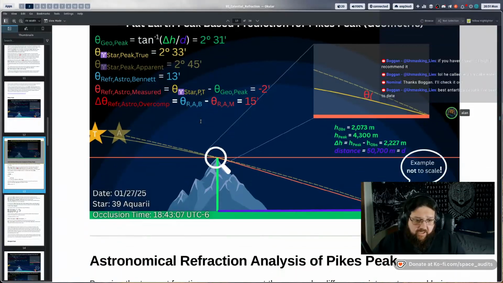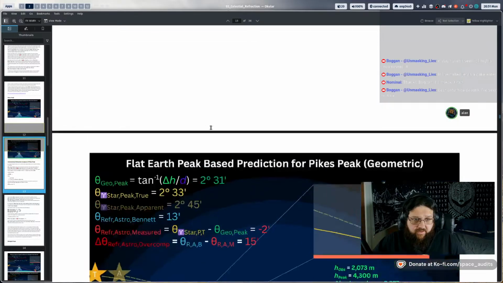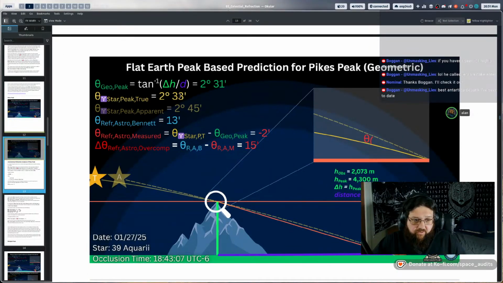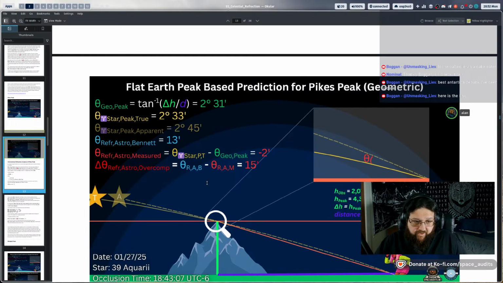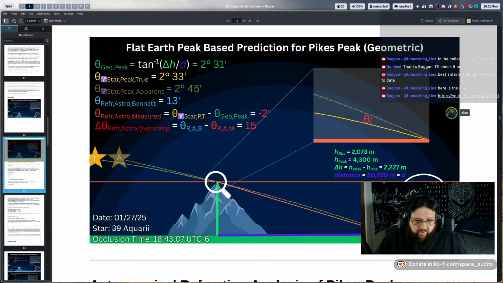So to go back to the PDF here, now that we know that the 233 occlusion timing is only 29 or only 30 meters different than our predicted time, it's safe to say that the occlusion timing happened with respect to the peak at 231 with 2 arc minutes of refraction, rather than for the observer where the true position of the star is at 206 and it's being lifted up by 12 arc minutes. Because if that position were tenable, this would create delays in the occlusion.